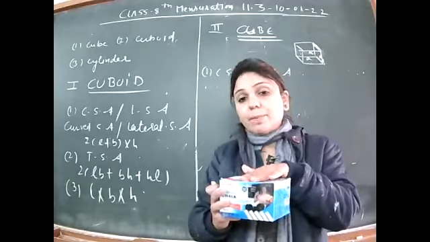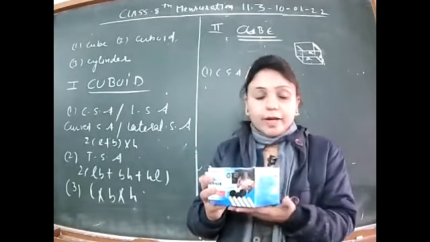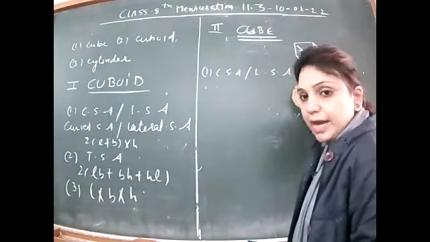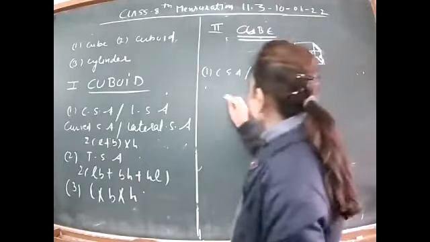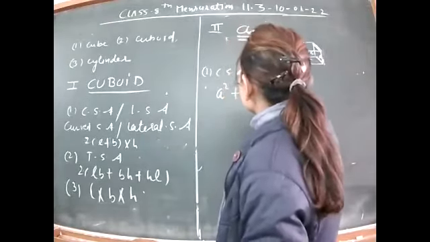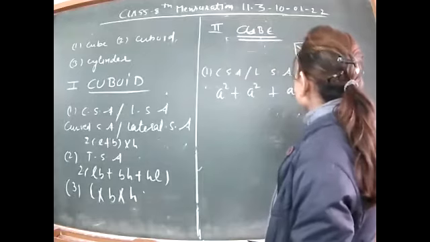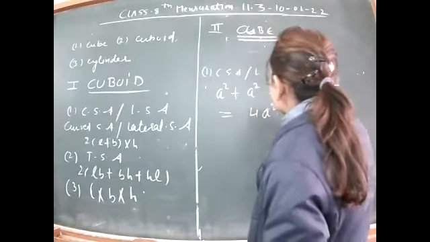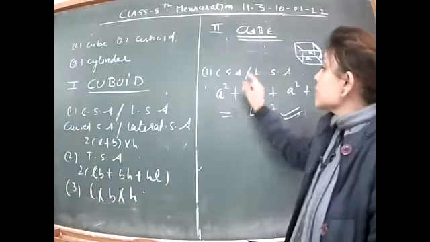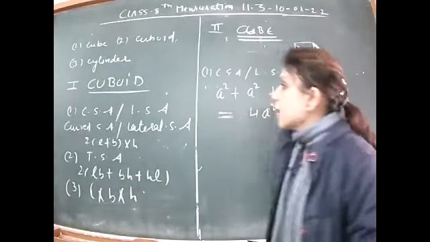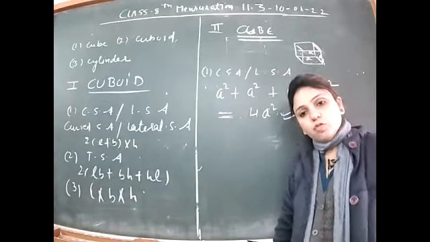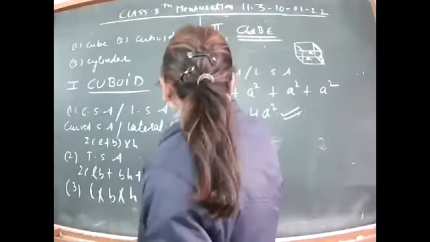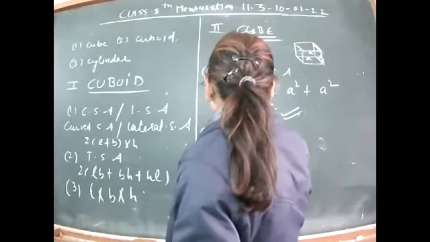We are leaving the upper face and the lower face. Please mind it, right? So as each face is a square and I'm taking the side to be A, the area will be A square for the first face, second face, third face, fourth face. So A square 4 times, this is 4A square. So you will remember that curved surface area or the lateral surface area of a cube is equal to 4A square, right?